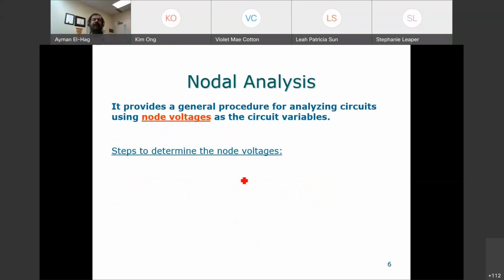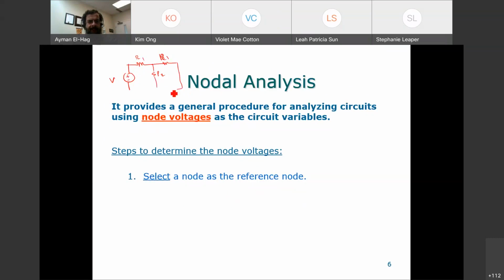So what are the steps in the nodal analysis? The nodal analysis has certain steps that we need to pay attention to. These steps are the following. First, select a node as a reference. So let me have this circuit. We have a voltage V, R1, R2,